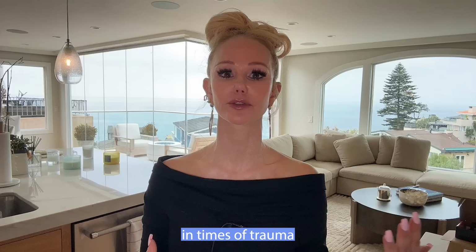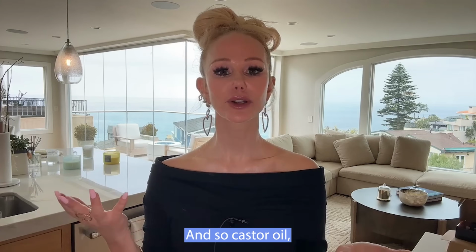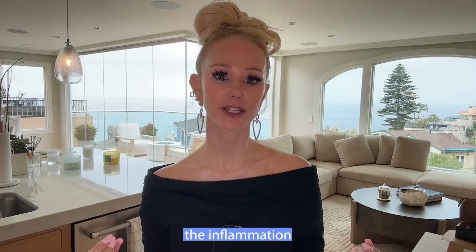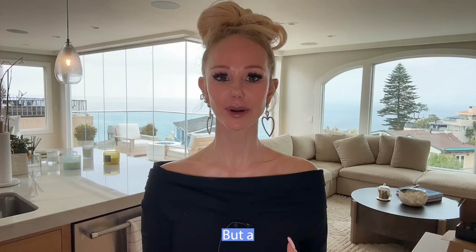These are cellular mediators that are released in times of trauma for your skin to regenerate and to recover from the traumatization of the ultraviolet radiation. And so castor oil, because of its anti-inflammatory properties and its antioxidant properties, can help diminish the inflammation and discomfort from a sunburn. So I absolutely would recommend castor oil in the treatment of a sunburn, but A, hopefully